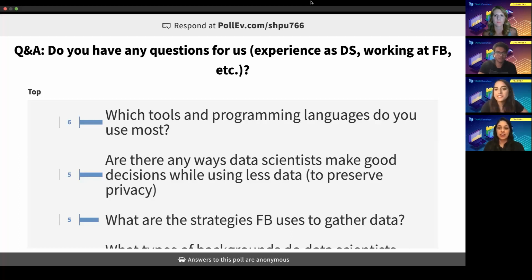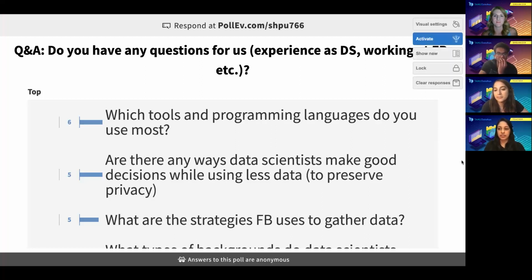And our last question, with the US elections approaching, what role do you think data scientists will or can play in dealing with the spread of misinformation, not to mention the misinformation surrounding COVID-19? Could you repeat the question again? With the US elections approaching, what role do you think data scientists will or can play in dealing with the spread of misinformation, not to mention the misinformation surrounding COVID-19? So how can data help with misinformation?